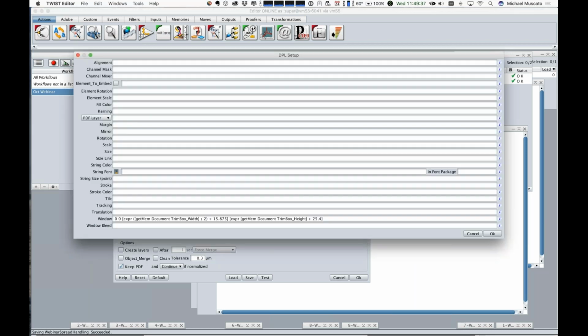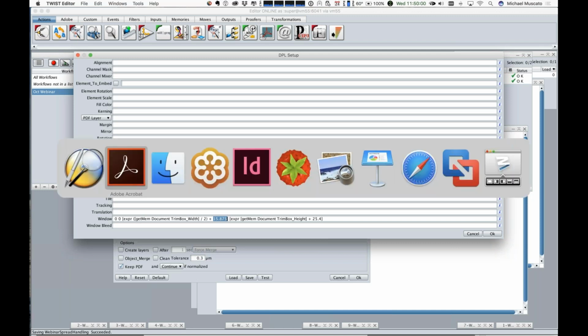Again, we want to be able to keep that white area outside, so we create a page that is, again, this is probably not the best thing to do in a webinar. I took half the width of the trim box. We might have to send you these workflows for this to make sense. Take half the width of the trim box and add 5/8. Why am I adding 5/8 to it? Well, I have to add 5/8 because